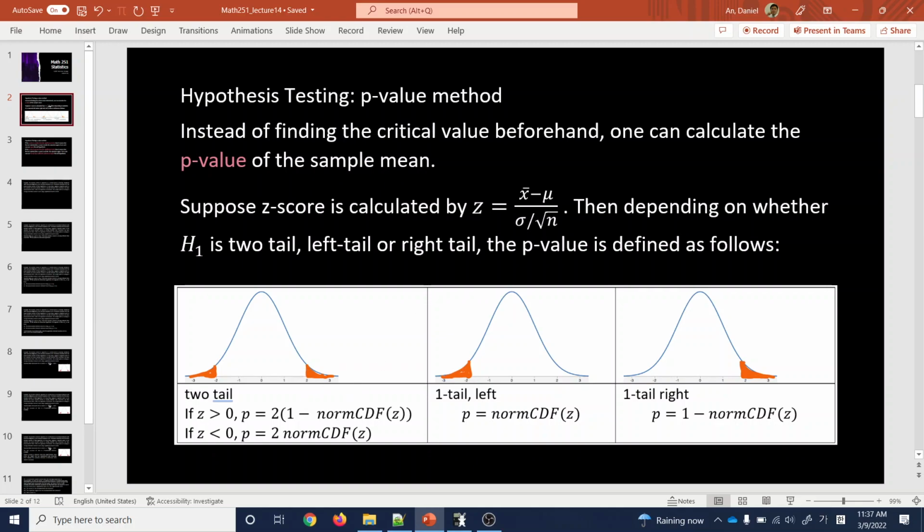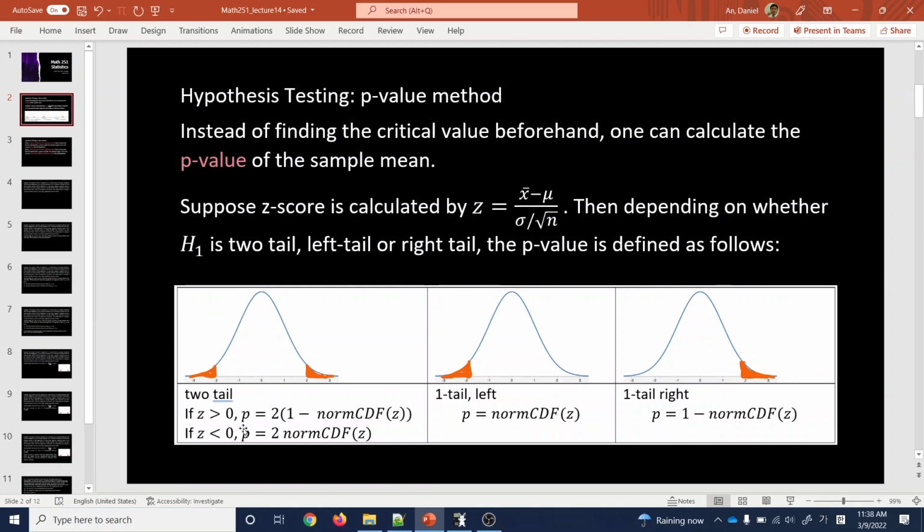So suppose your z-score is like 3, then you're trying to say, what's the probability that your z-score could be 3 or more, or also -3 or less? If you're doing a two-tail test, then you're doing both. Okay, that's how you